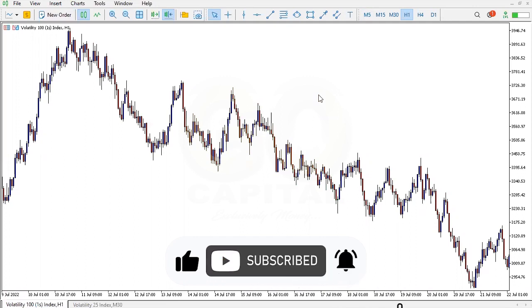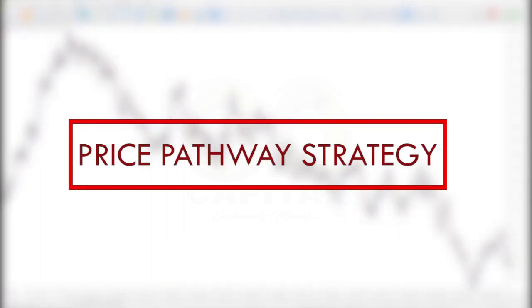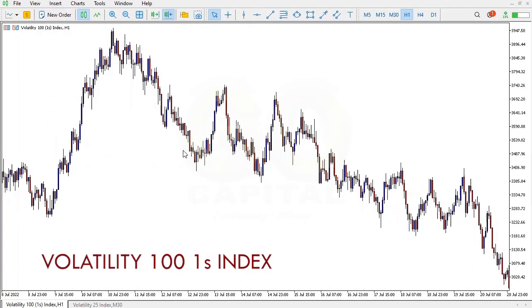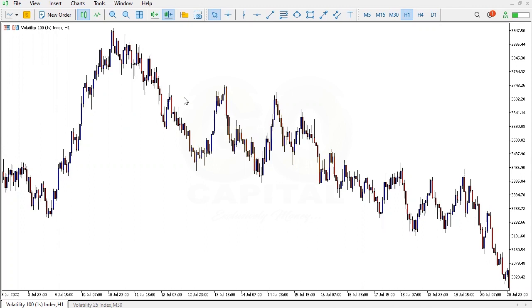Today I'll be talking about the price pathway strategy. So let's go and check the derivative asset and see if this same thing I'll be talking about works. Alright, so let's go and look at the derivative asset. Now you can see this is the volatility 101s. So let's look at this trend also and see if we'll get the same features that we just looked at